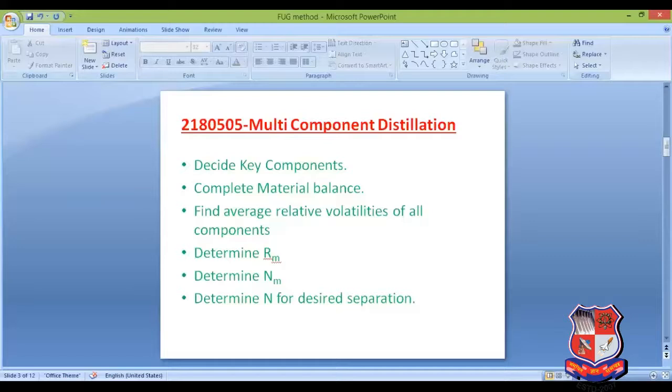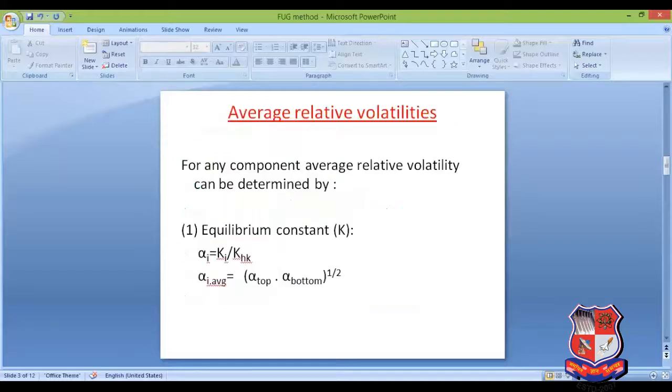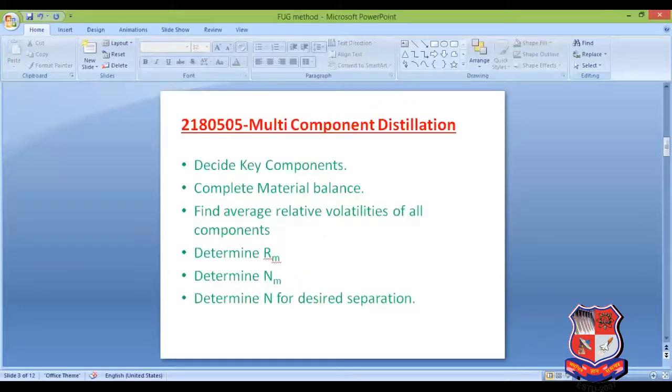So now you have to complete the material balance, and you have to determine the average relative volatility. This is my suggestion to you, that you should read a problem thoroughly. If alpha for each and every component is given, you should not go with any jugglery. Sometimes students study a small example, and if any twist is given, say the examiner has given you the value of alpha, then no need to go for K or PVI, right. If it is not given, then you can go for K and PVI, which we discussed. But if the alpha is given to you, you should not worry, right.